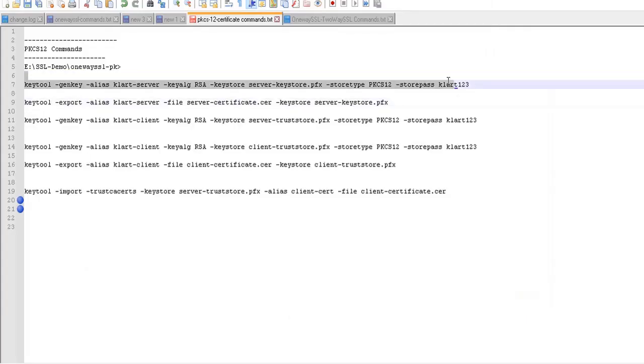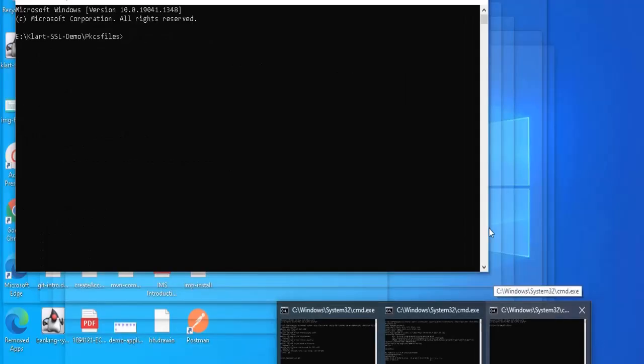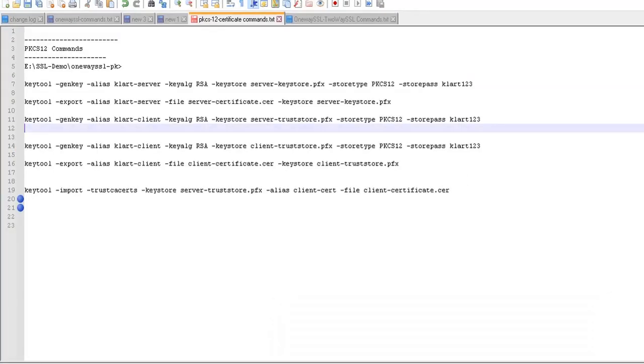Okay, just copy this command. Now copy and paste this first command to generate the server key store.